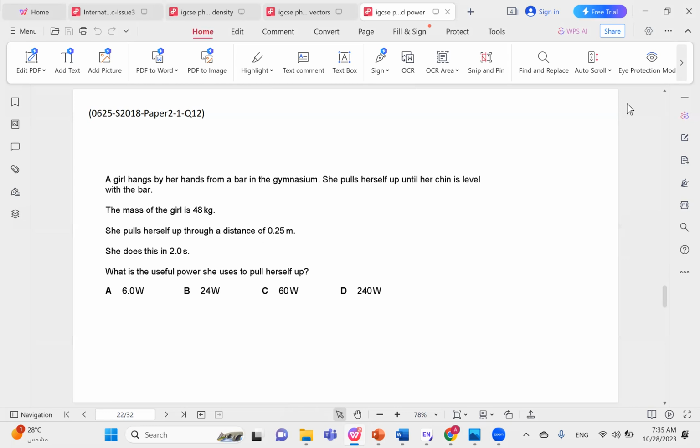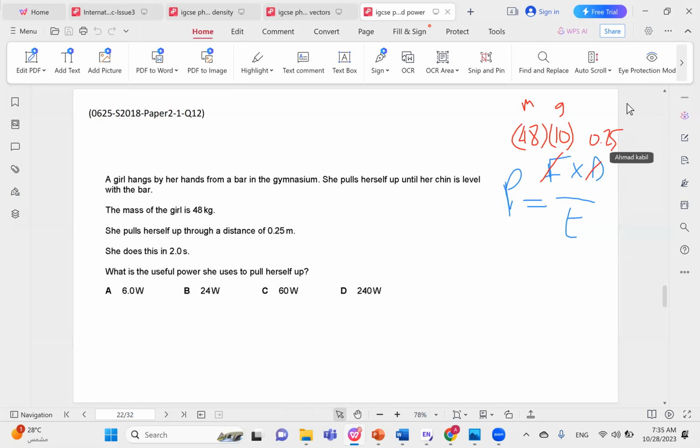So let's go back to our equation. Power equals work done over time, which is just force times distance over time. Now, the force here is the weight of the girl, which would be 48 multiplied by 10, m times g. You can use 9.8 for g or 10. It won't really matter because you'll get almost the same answer and it will be very clear which choice is correct. So the distance is 0.25